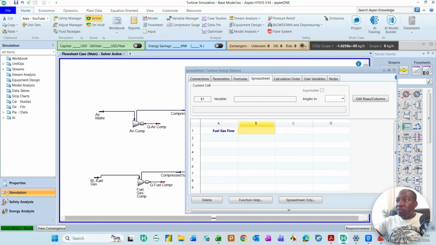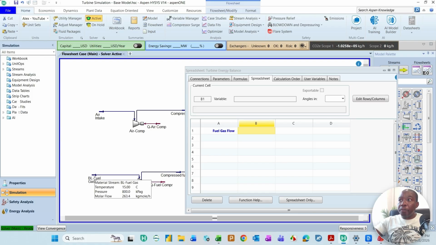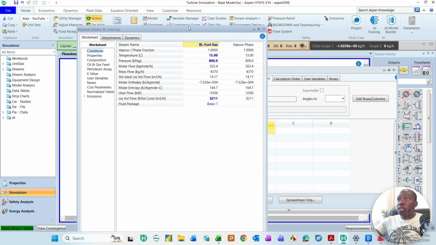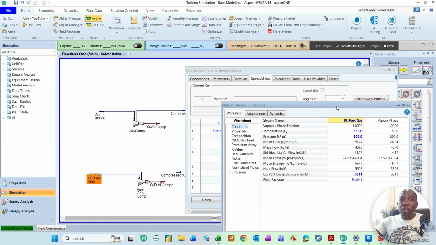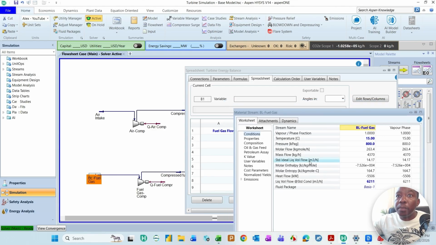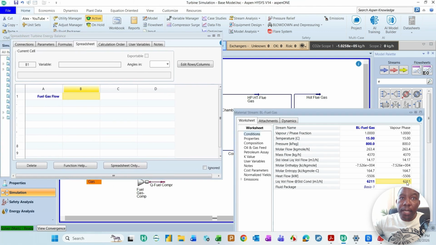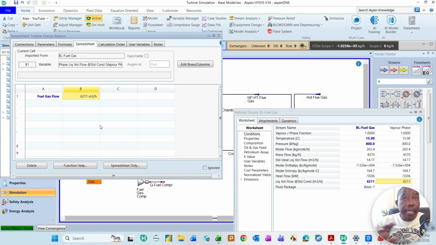So the fuel gas flow, remember we got it from here, right? And to bring that into that cell there, there's many ways to do it, but I find this way to be the quickest and the safest way to do it. So I know the fuel gas flow is 6,211, right? So I'll just click on here, drag, and drop it in here. Boom, and that's it. You don't have to do anything fancy, just that drag and drop. The next one would be the fuel gas